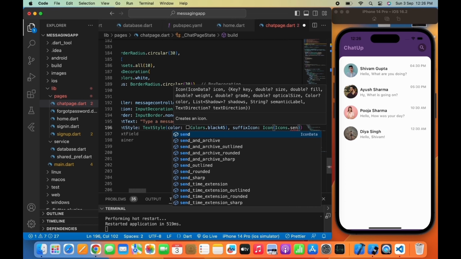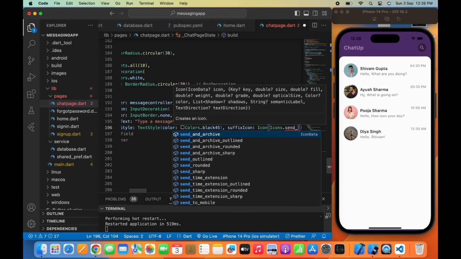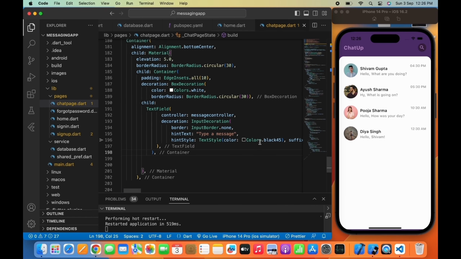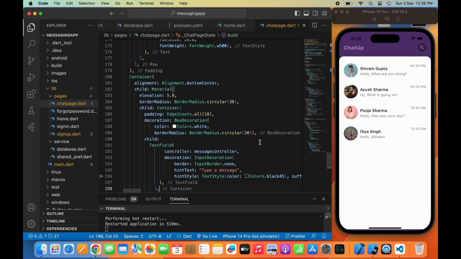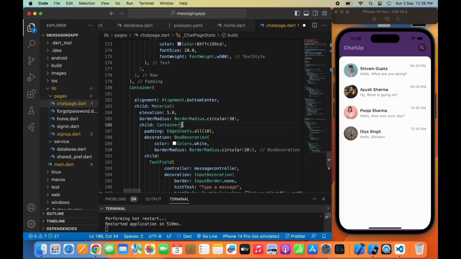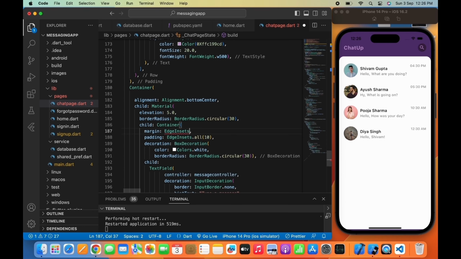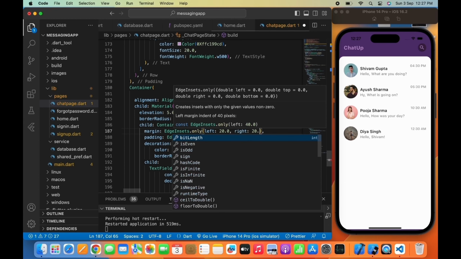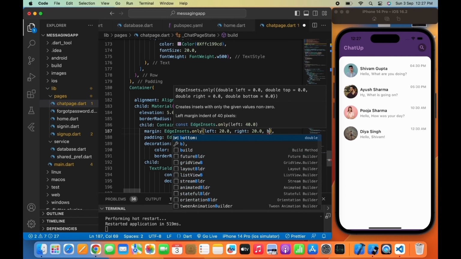So inside the text field, I will write a suffix icon here. Basically, suffix icon is something which shows the icon inside the text field on the right side of the text field. Icons dot send rounded here. We'll provide some margin to the text field. So margin EdgeInsets dot only, left 20.0, right 20.0, and from the bottom